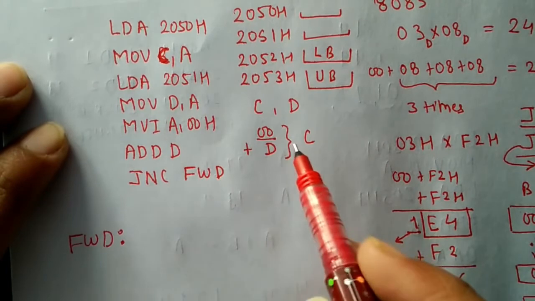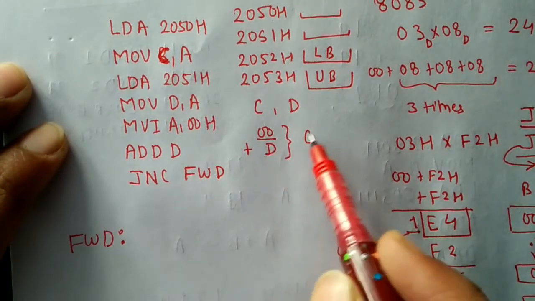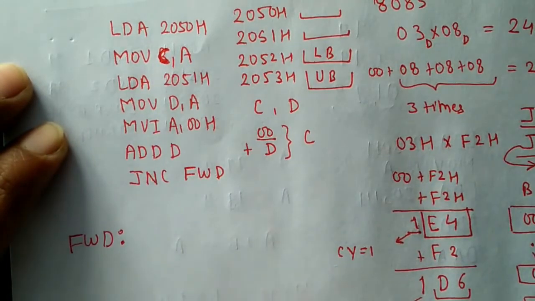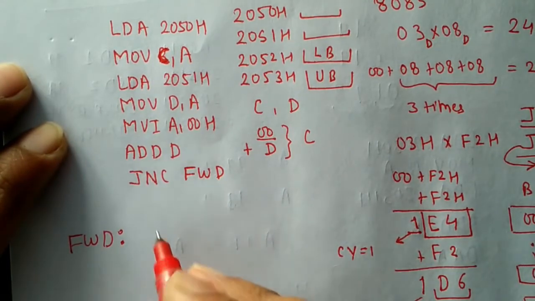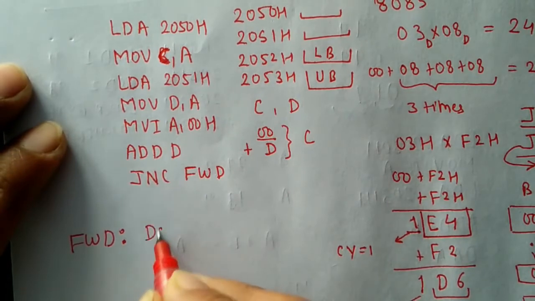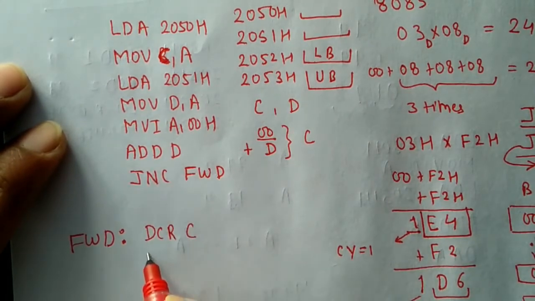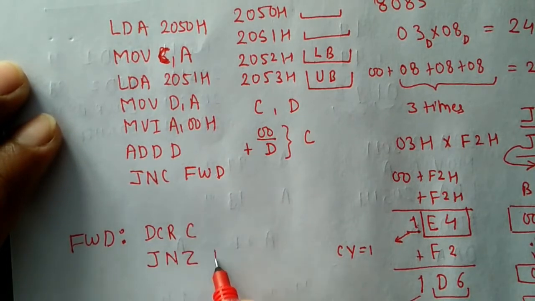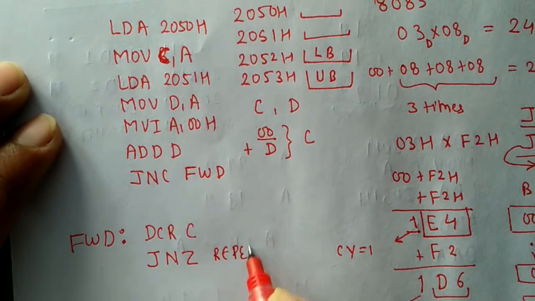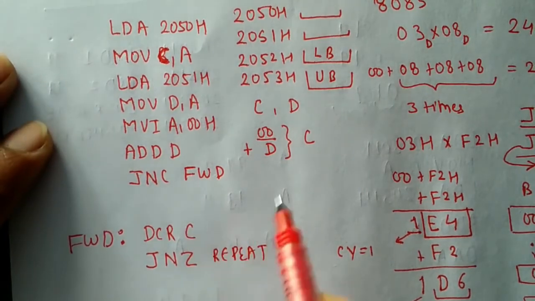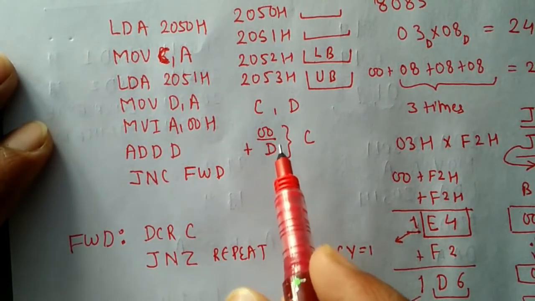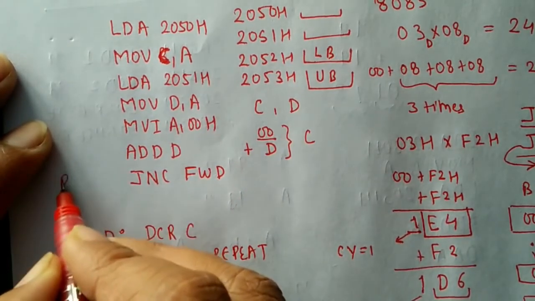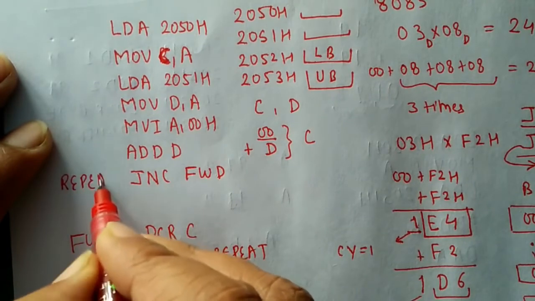Alright, here remember we have to add content of D in 0, C times. That's why the content of C will work as a counter, for how many times the loop will run. So simply we will be decreasing the content of C, DCR C, and we will be checking whether it has become 0 or not. If it has not become 0, then we will repeat the process of addition. That means we will again add the content of D in the result of accumulator. So again at this location we are adding the same thing. So we will go back to this location, we will be writing repeat here.